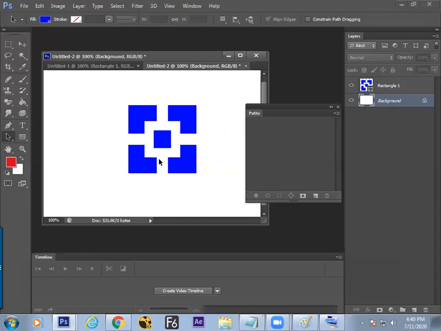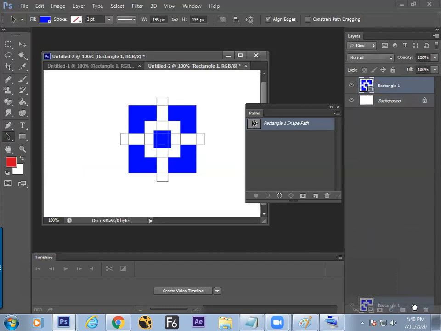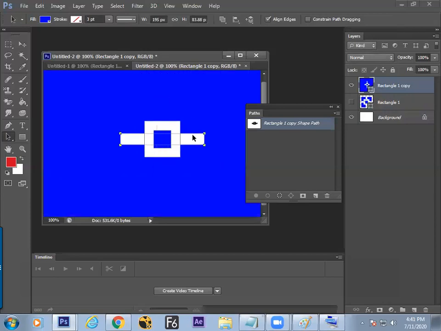Fine. Now the case, how to change the shape of inside. Yes, we can duplicate it, or else take it to the other layers, copy paste is possible. But here I'm just closing this and switching to this layer. Whichever is not required for us, we are just deleting. So get it, delete.